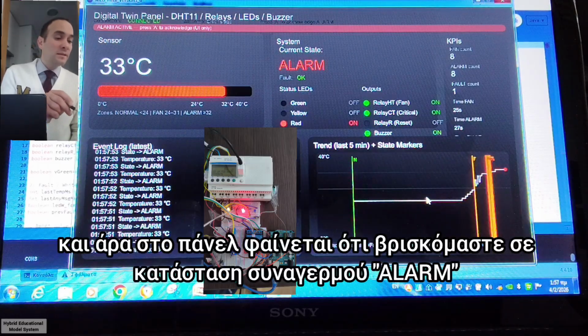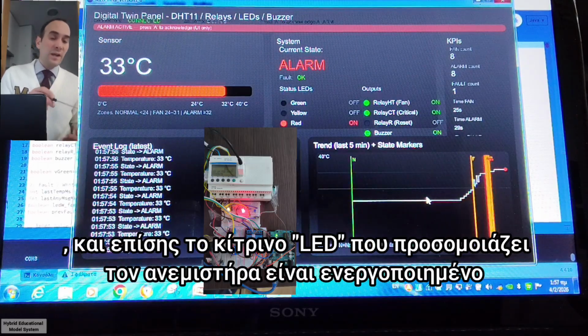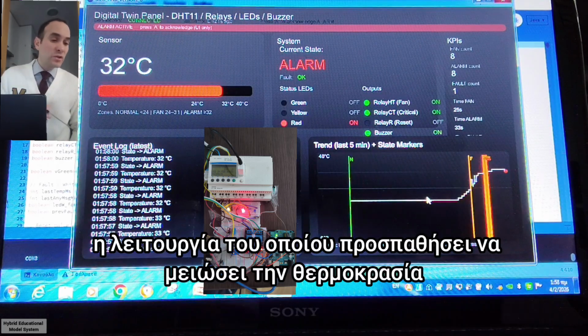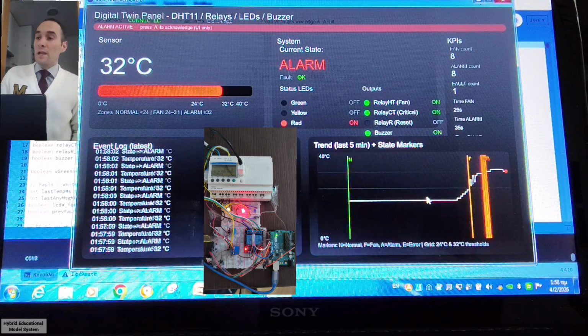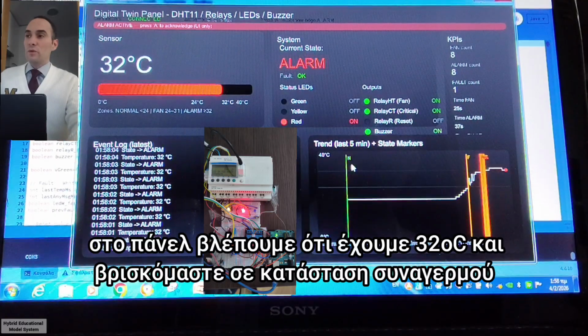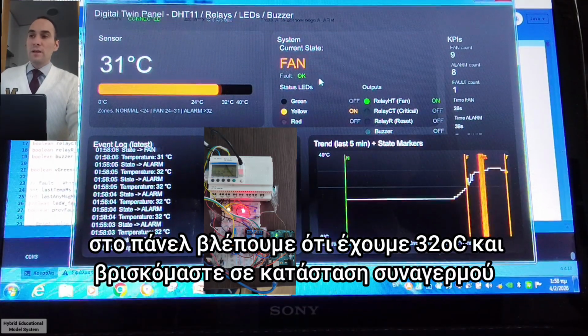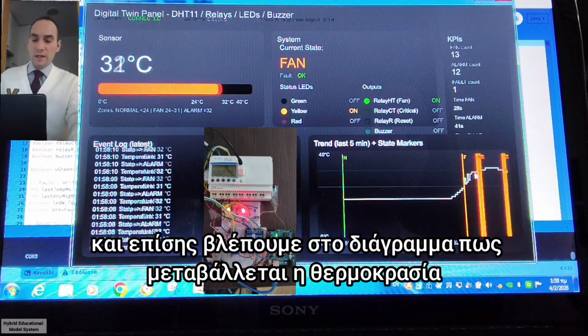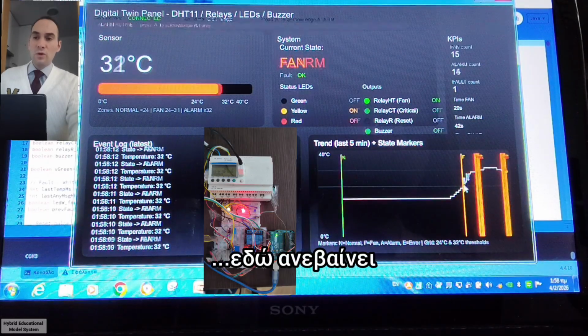Okay, red LED, the alarm, yellow LED, the fan motor of course tries to lower the temperature. Okay, in our panel we see 32 degrees, the current state is alarm, and here you're gonna see the diagram of how it goes up.